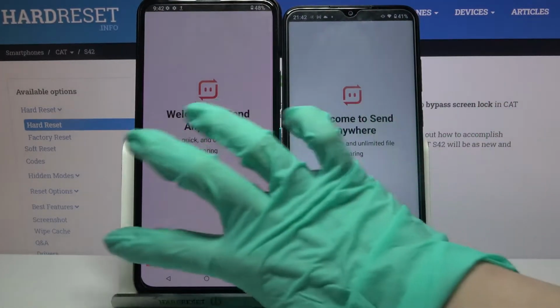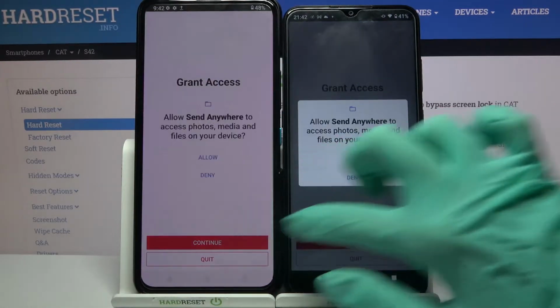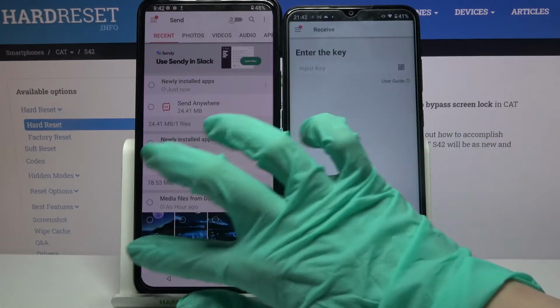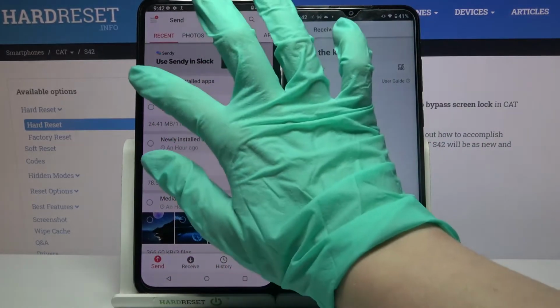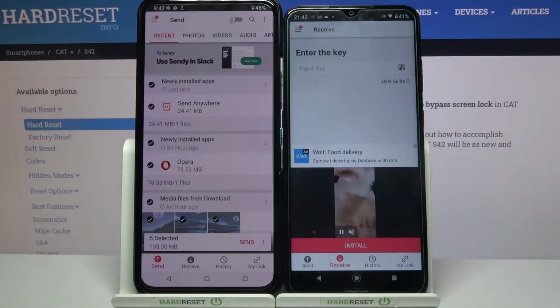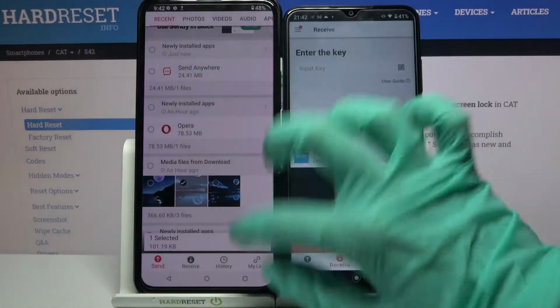Now choose I accept, click Confirm, then Continue and Allow. After that, select Receive on an Android and Send on ASUS. Now tap on all of those dots and choose Send in order to send all of your files. It will take a while though, so I will just, for example, click on this one photo, choose Send and